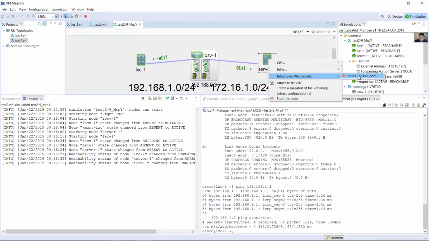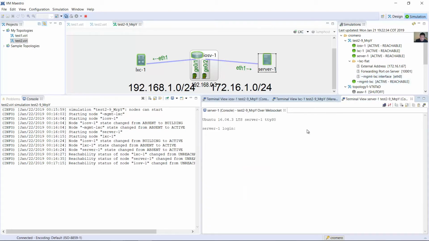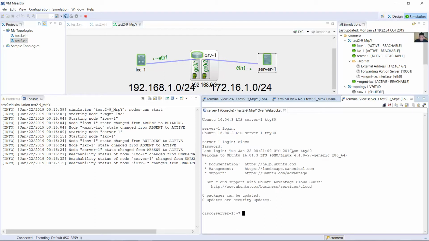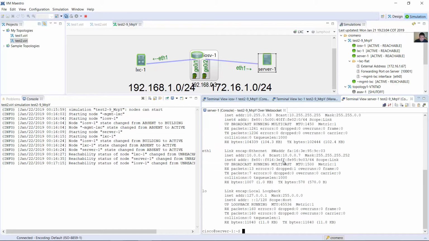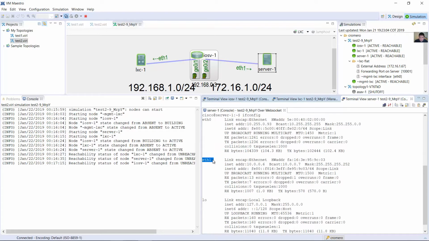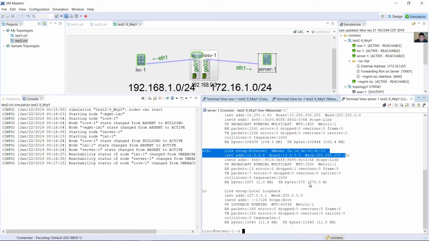Ethernet over the WebSocket. Enter. Cisco. Cisco. Verify interfaces, ifconfig. I want to configure Ethernet 1 IP and subnet mask. Sudo ifconfig Ethernet 1, IP address according to the subnet,